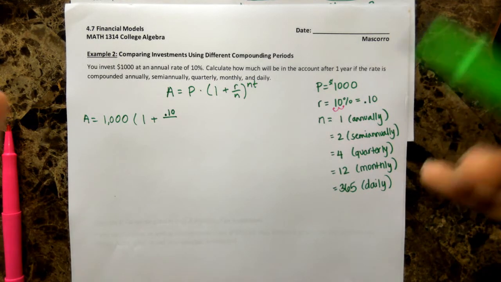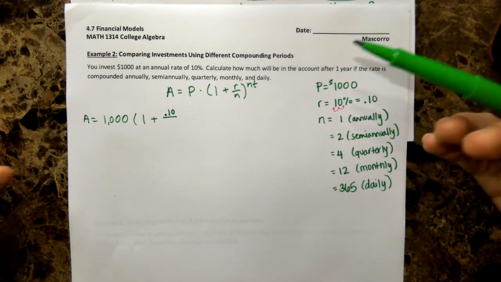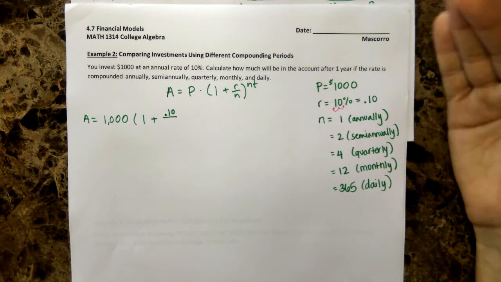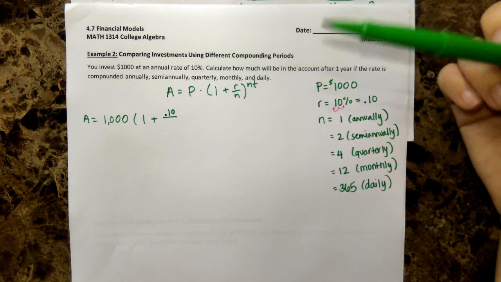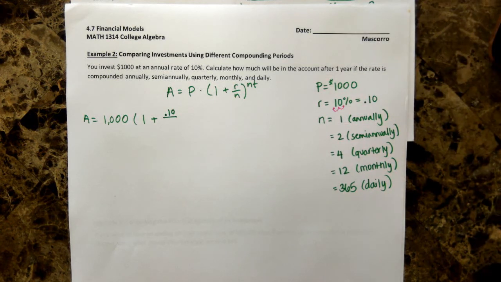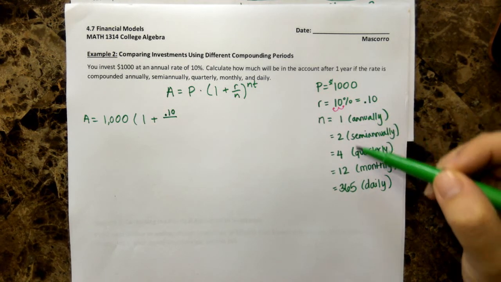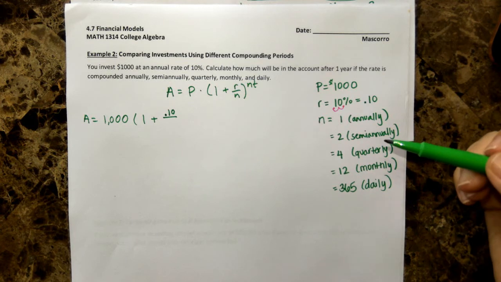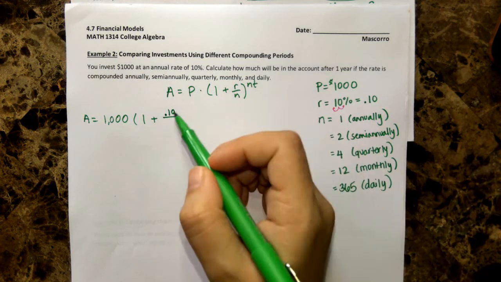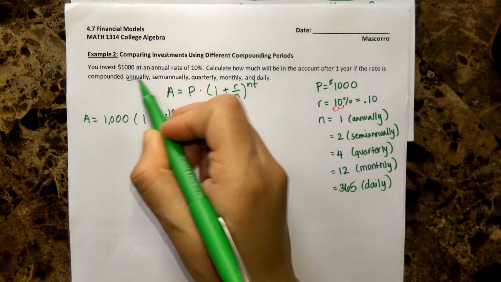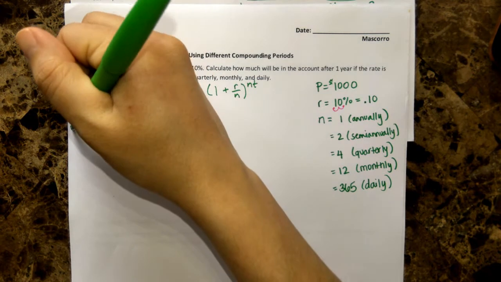These might not be the most in-depth definitions, I know, the way I'm explaining it, so I really encourage you to feel free to do your own research on what compound interest actually means, and get a bigger grasp of it if you need to, if this is all new to you. But pretty much, compound interest is interest on interest. You're making money off of the money that they've already given you, which is really nice. But for our first problem, I'm just worried about annually, so I'm going to go ahead and just finish